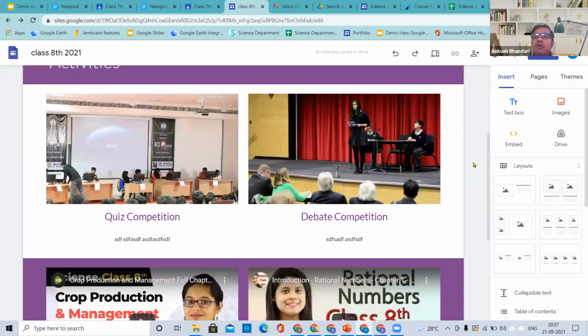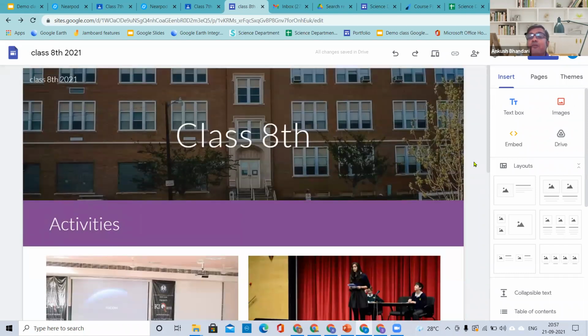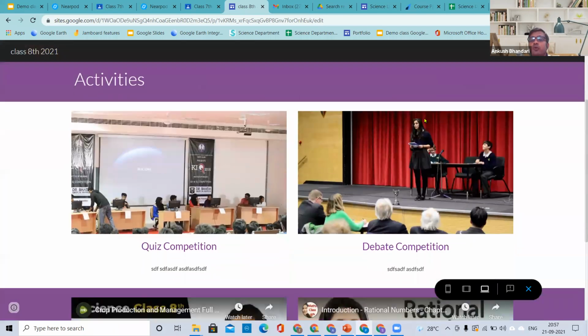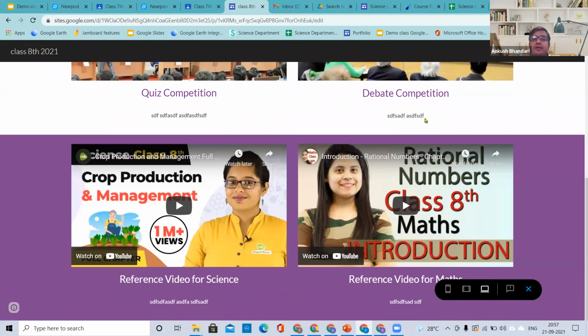Right, everyone. So now we want to see how your website will look to the audience. Audience means whoever will come on your website, how they will find the website. On top, can you see a computer icon? The option name is preview, just near 2 arrows on the right hand side. If you click on that, you will see this is the way your website will look to the people who are going to come on your website.